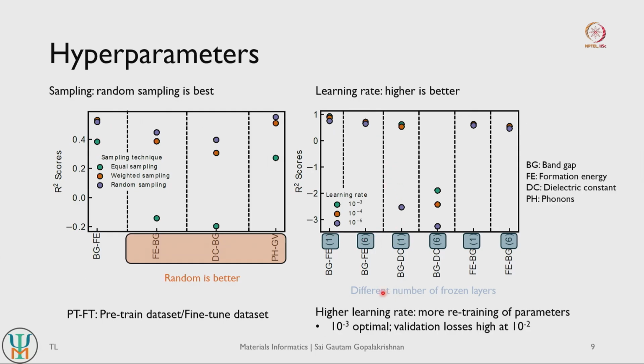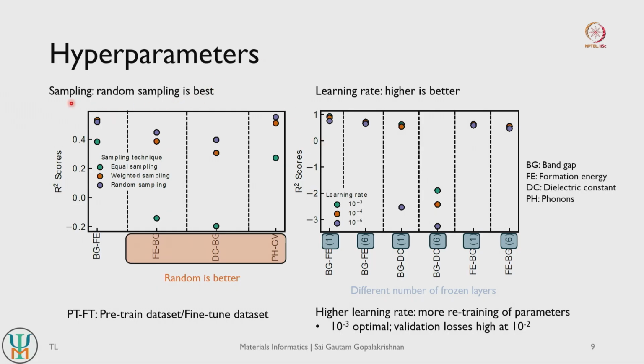So the main takeaway message is that across all the pre-training fine tuning scenarios, we found higher learning rates to almost always give better R2 scores on our fine tuning data set. In other words, the models do need to learn or relearn quite significantly when you do fine tuning, even though you might have pre-trained them earlier on. So at least in materials related tasks, you probably need higher learning rates in your transfer learning.